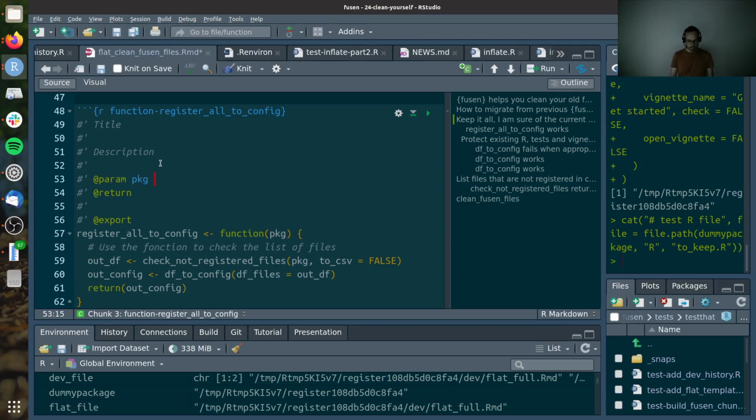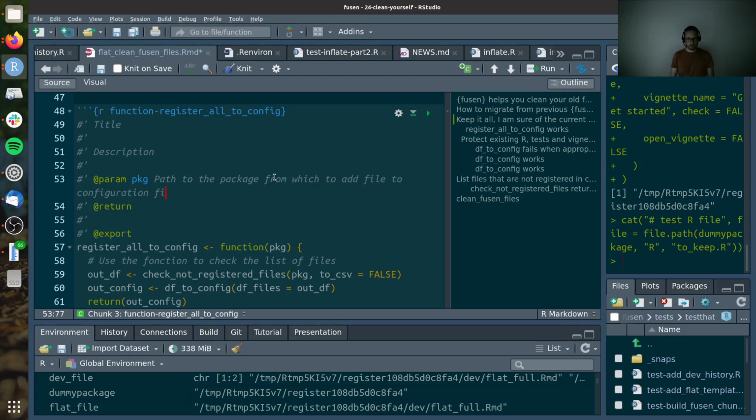Parameter package path: path to the package to add the files from which to add files to